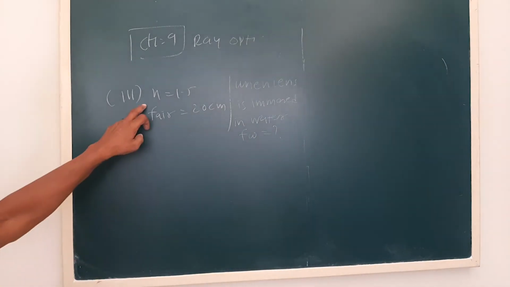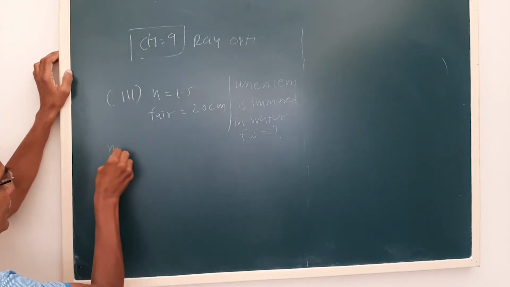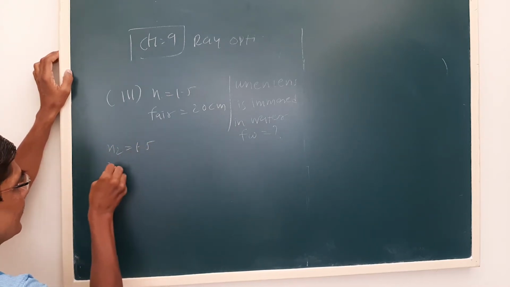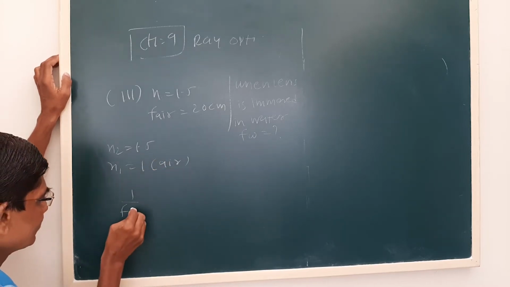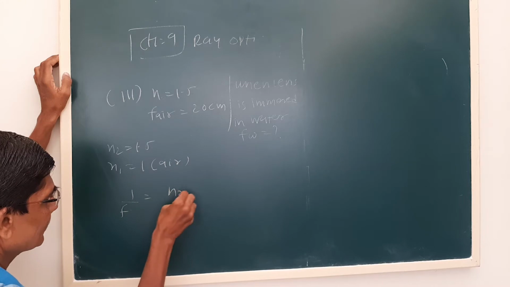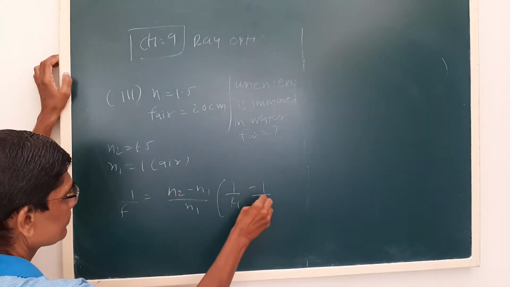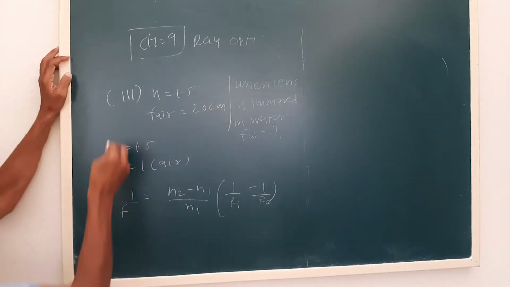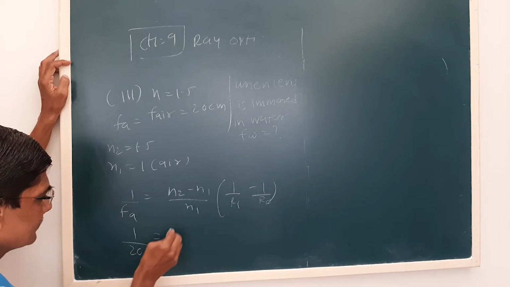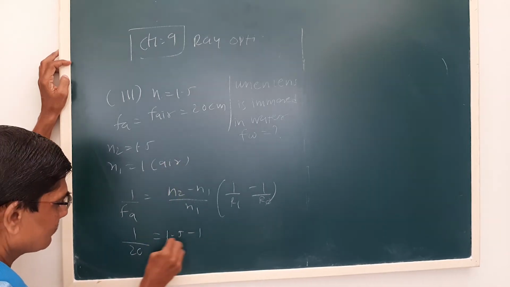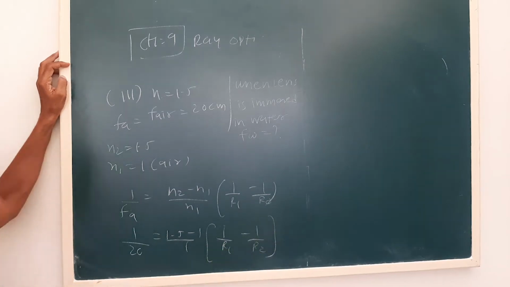Now see, lens is kept in air, focal length is 20 centimeters. So what we can take here, N2 is 1.5, okay, N1 is 1. Why? Because lens is in air. See, 1 by F is N2 minus N1 into 1 upon R1 minus 1 upon R2. See, 1 upon FA, focal length in air, 1 by 20, N2 is 1.5 minus 1, see, 1 upon R1 minus 1 upon R2. Now if you simplify,